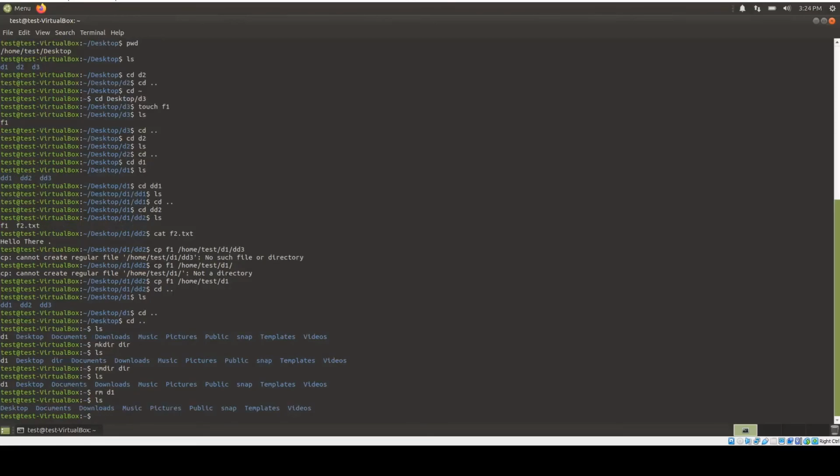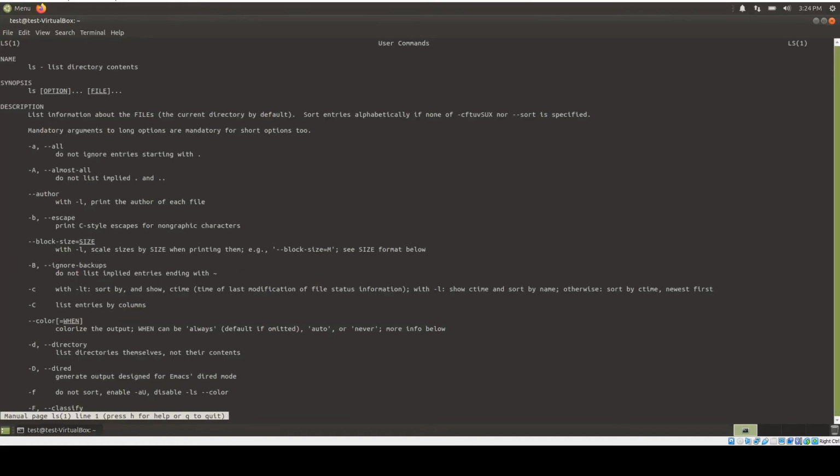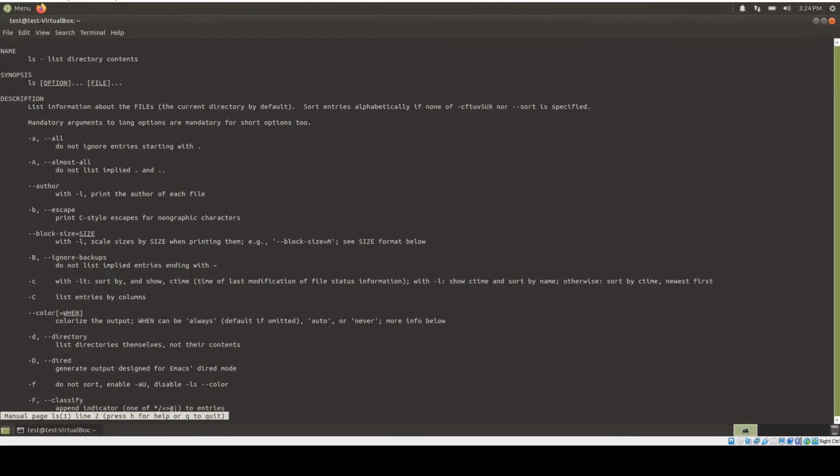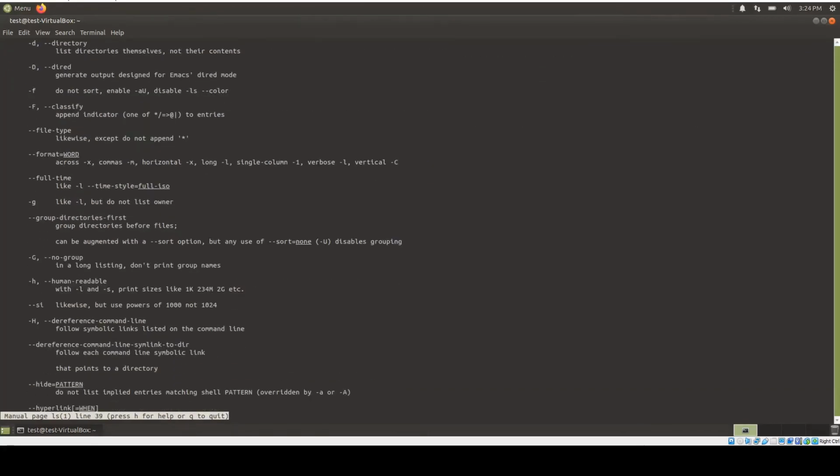So the next command we'll be using is the man command, and it is very helpful if you want to know the uses of a new command. Like if I use man space the command ls, it opens the manual of that command that we can use and see what their uses are and how we can use them in different situations. To exit from here, we'll use q.